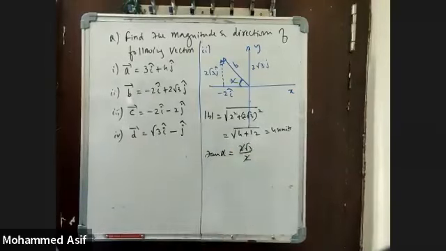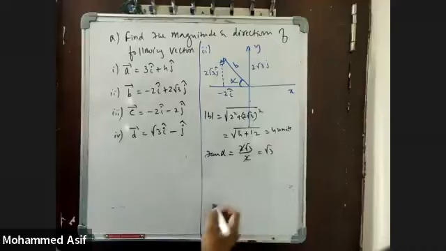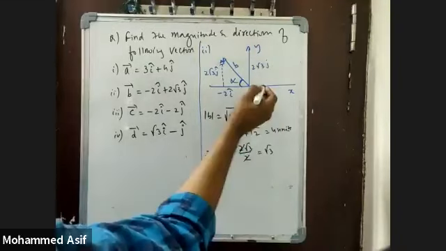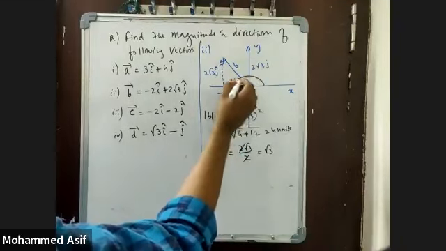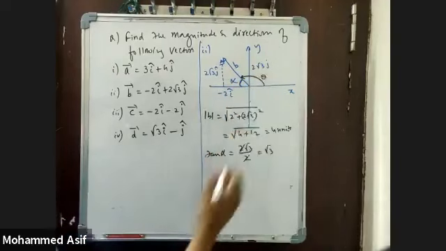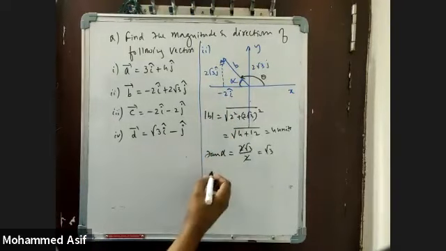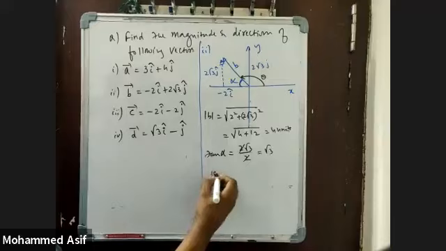This 2 gets cancelled right now. So this one is nothing but root 3. So alpha value is root 3. In trigonometry, we always take the angle from the x-axis. So this is your theta. Right now, if I'm taking the angle with the x-axis, it will be equal to how much for me? 180 minus 90 minus this one is 60 degrees. Theta is equal to 60 degrees.